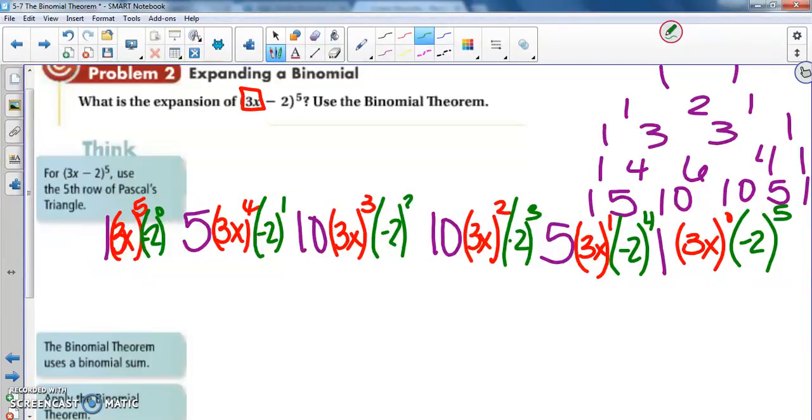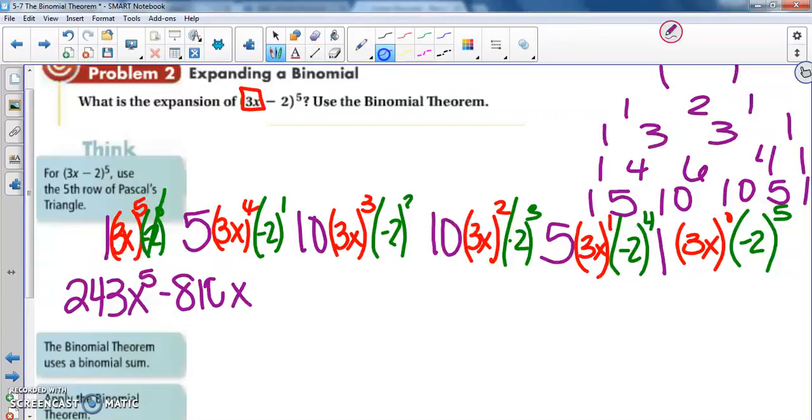And then simplify. We're not going to put signs because the negative is either going to give me the term's sign. So it's either going to be positive or negative. Anything to the 0 power is 1. 3x to the 5th power means we have to take 3 to the 5th power times x to the 5th power to get 243x to the 5th. Now we're going to have negative 2 to the 1st, which is negative 2, 3 to the 4th, which is 81, times negative 2 times 5 is negative 810x to the 4th. Now I'm going to do 10 times 3 to the 3rd times negative 2 to the 2nd. Negative 2 squared is positive 4, so then I get plus